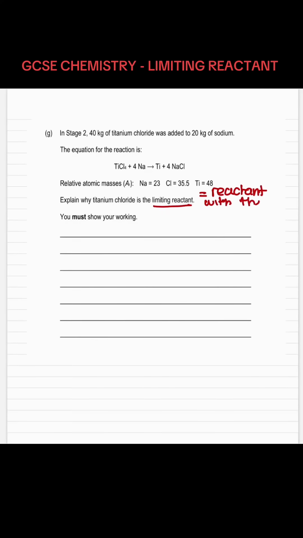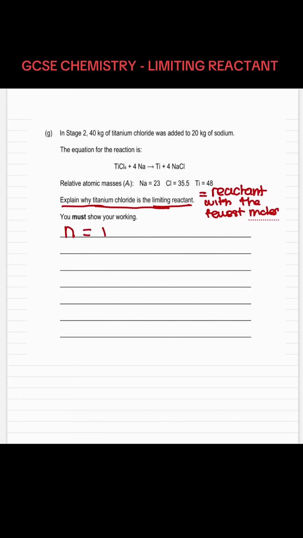With fewest moles. In our case, it tells us that titanium chloride is the limiting reactant, which is this one here. Now, all we need to do is explain why. So we just need to calculate the moles for each one, so titanium chloride and sodium, and titanium chloride should have the least. So before we get started, let's just write out the equation, which is moles, which stands for